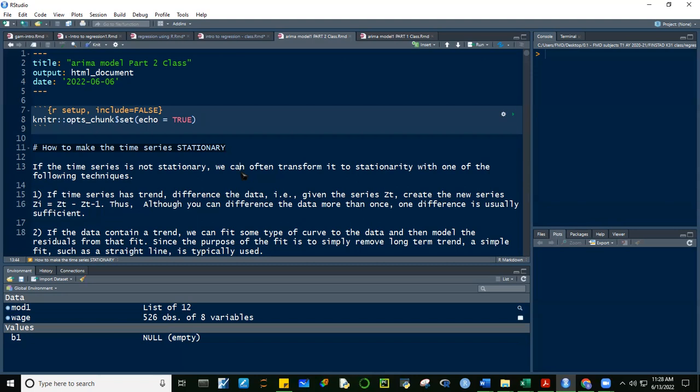What if it's not stationary in mean and in variance? There are several ways to do that. One could be to first get the log, and then get the difference. Sometimes others take the difference and then get the log. The only concern about differencing first and then taking the log is that the differenced data may have negative values.